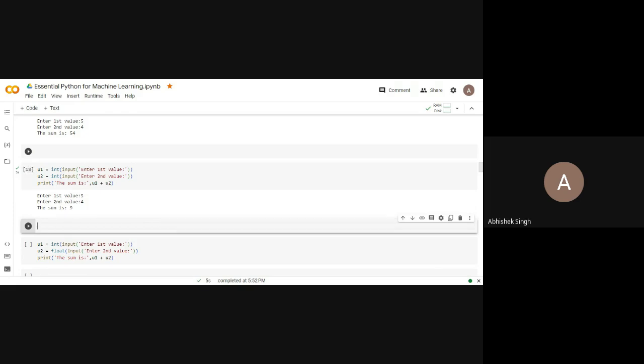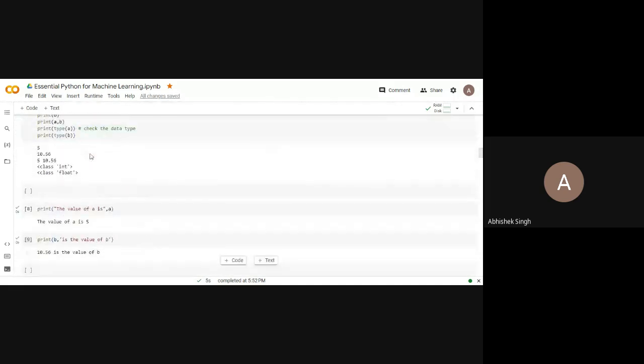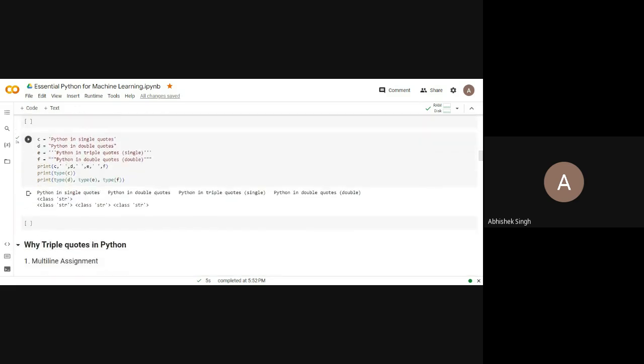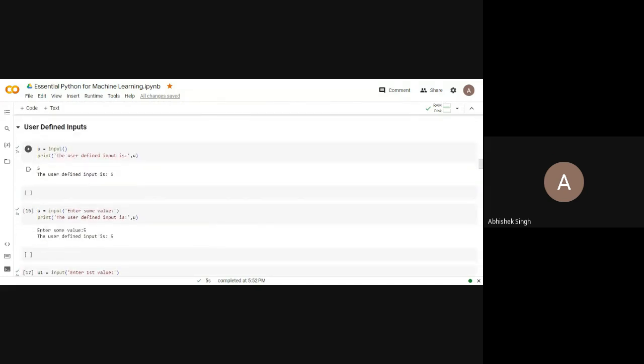So again, remember that Python is a dynamically typed language. You don't need to define whether it is integer or whether it is float. Python understands it clearly. Like in C language, you have to mention int A, int B, or double B, float B. But here Python automatically understood that it is integer and float, and that is the dynamically typed language concept. But in the user defined case, Python by default treats it as a string.